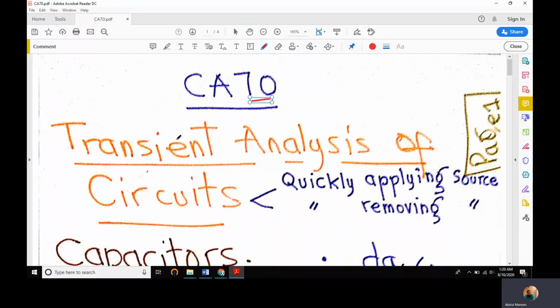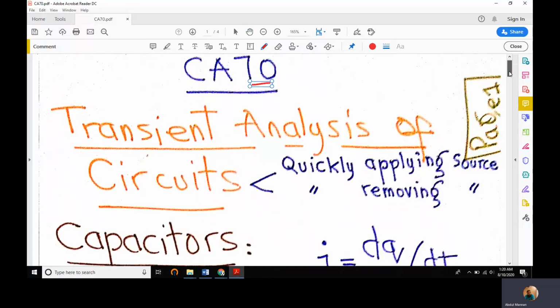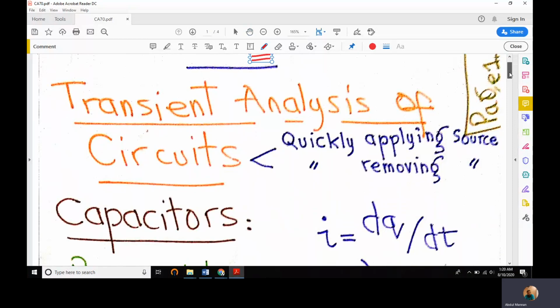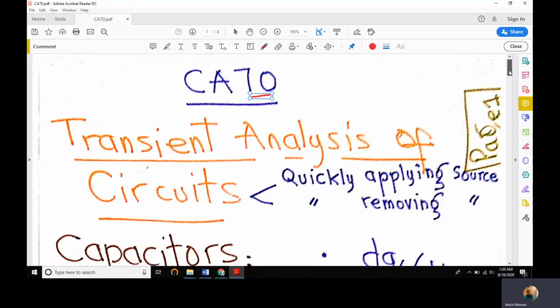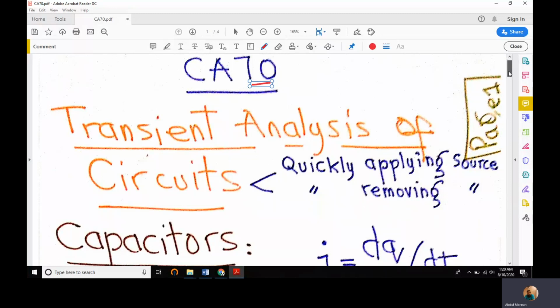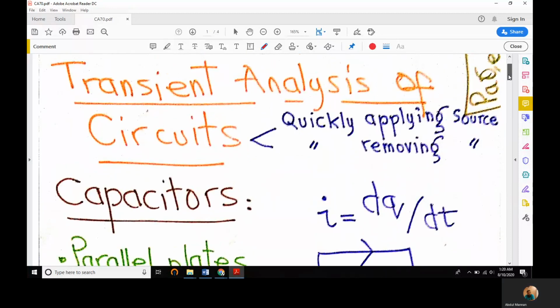We will start studying transient analysis of circuits today. Before this, we have been studying three-phase circuits. In this lecture and in the upcoming lectures till the end term examination, we will be studying transient analysis of